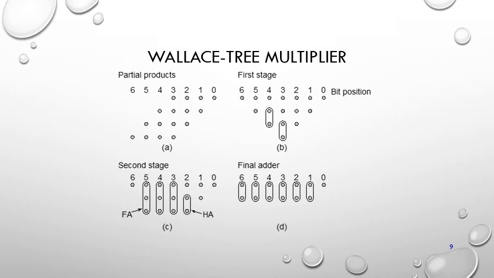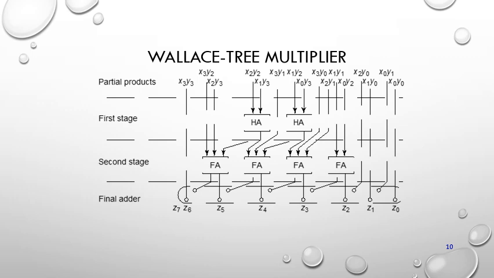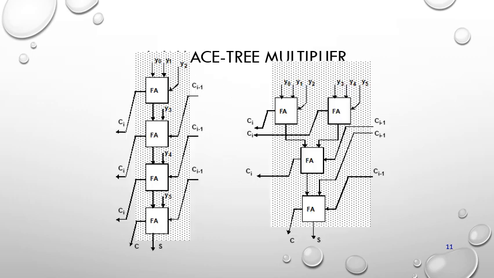If there are two bits, we use only a half adder. After that, we reduce the full adders into half adders. In the final adder, only a half adder is possible in this stage. That is how we use the Wallace multiplier. After that, we show the diagram of how to implement the full adders and how many half adders and full adders are used in the Wallace tree structure. The Wallace multiplier is shown in the mirror structure, with the arrangement of full and half adders and how to eliminate full adders to minimize the circuit, as shown here.